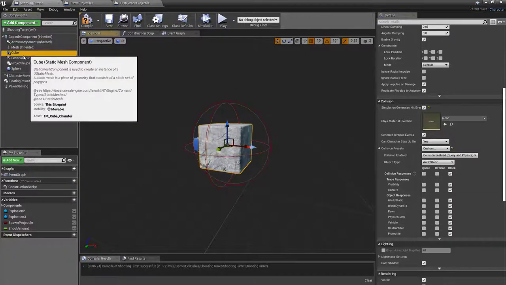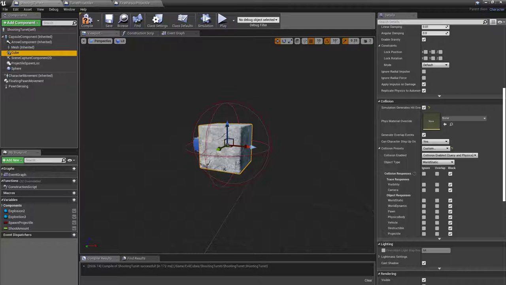From there, we're going to select the cube, and inside the cube, the settings for that are going to be, yes, we want it to generate a hit. We do not want it to generate an overlap. We want this to be yes, custom. We do want collision enabled for the query physics. We do want this to register as a pawn, and then we want everything to remain blocked on that. So with that done, we can go ahead and hit compile and save, and we should be able to close